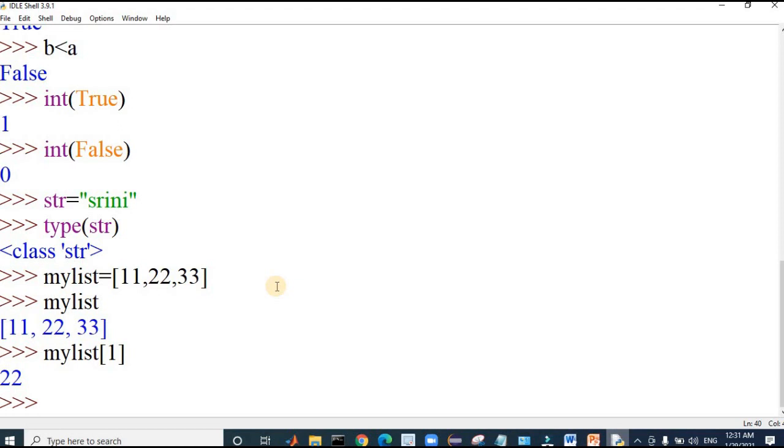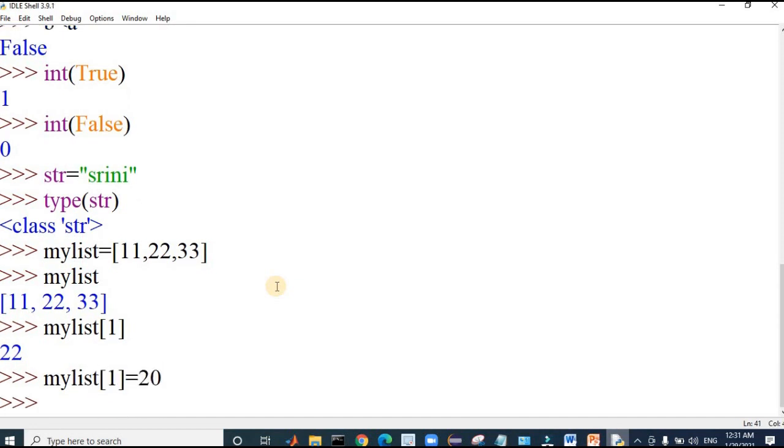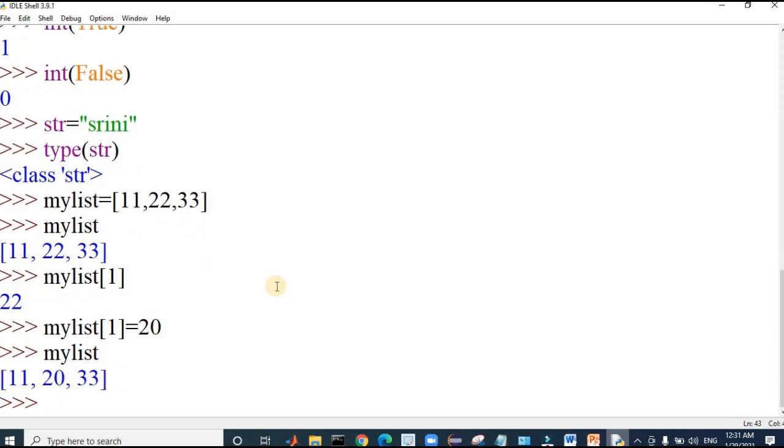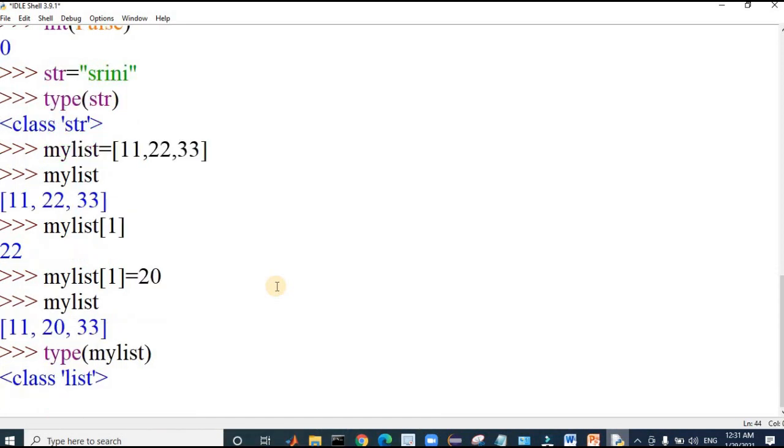Similarly, a list is changeable. If I assign mylist of 1 equal to 20 and display the list again, we can see that the value 22 is changed to 20. We can also fetch the type to see whether it gives the correct data type. Yes, it is displayed as list now.